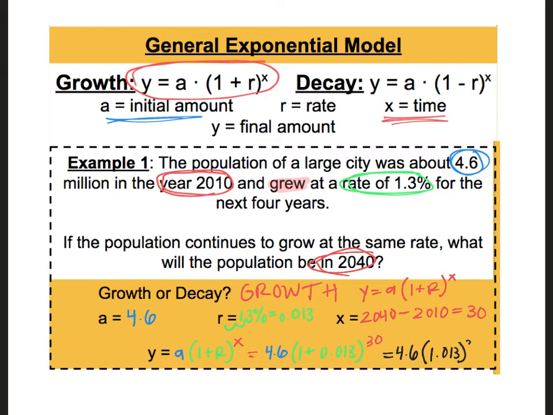And then to the power of 30. Now you can go ahead at this step and type this all into your calculator just as it's written, and you will get your answer. When I do that, 4.6 times 1.013 to the power of 30, I get